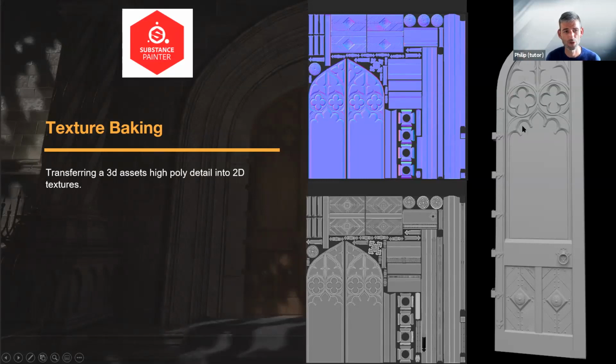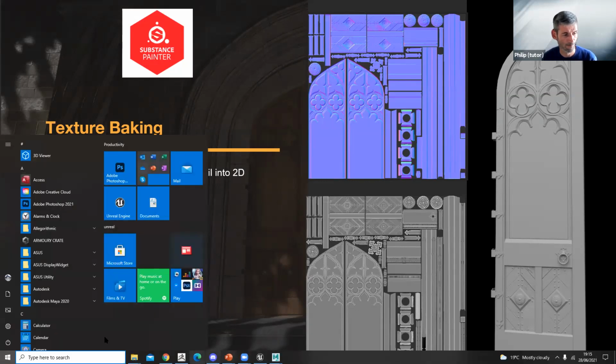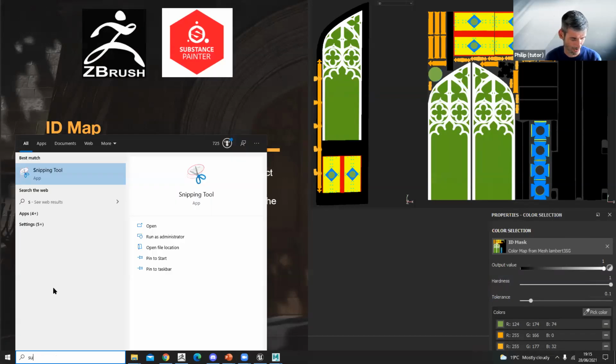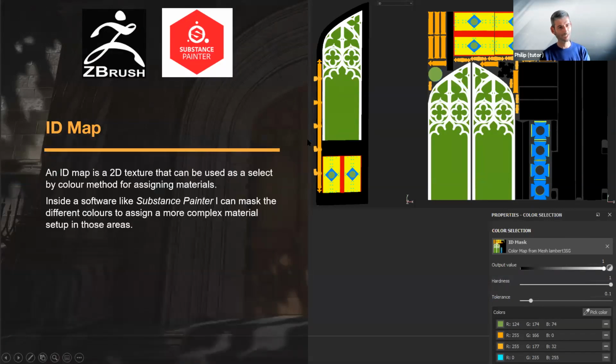We now want to be able to transfer that detail onto a texture. So you can see in this normal map all of that interesting detail that I had on the high poly model, but as a texture. And this is the same for a curvature map, which is essentially picking out the edges of my high polyness, and that allows me to do things to the edges of my model, like adding edge wear and things like that. So it's able to pick out all of these sections for me. So I'm just going to open up Substance Painter, and hopefully this will all make sense as